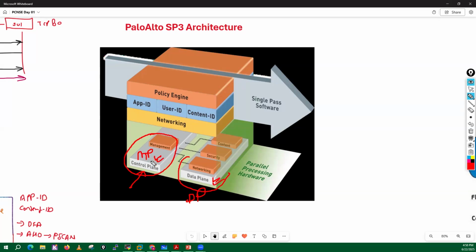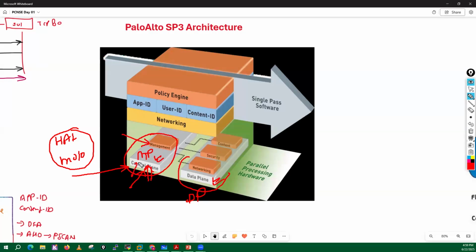Now you can ask, what is management plane? So in your Palo Alto Firewall, basically your management port, your HA1 port, those are the part of your management plane. And this management plane is responsible for configuration management, your report management, and your log related task, logging management. Those are the three tasks which are done by the management plane majorly.